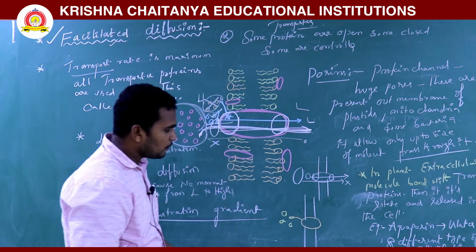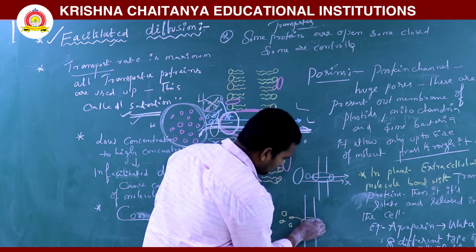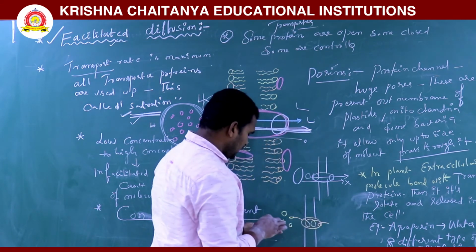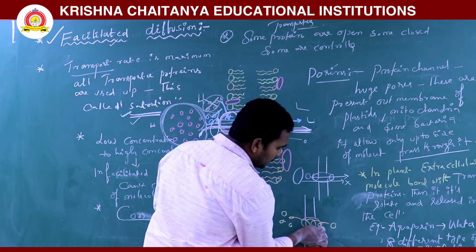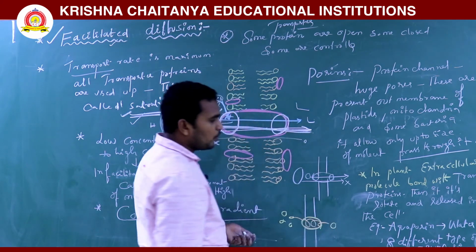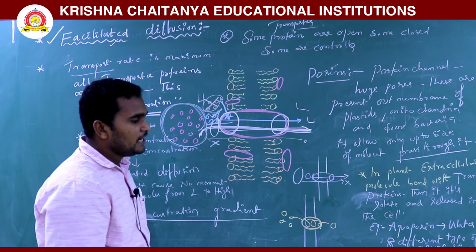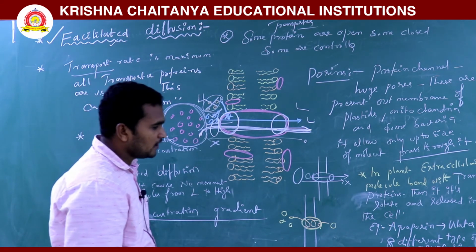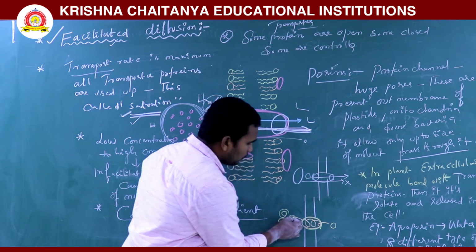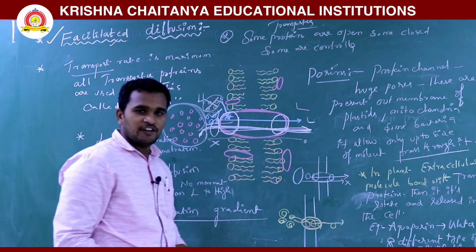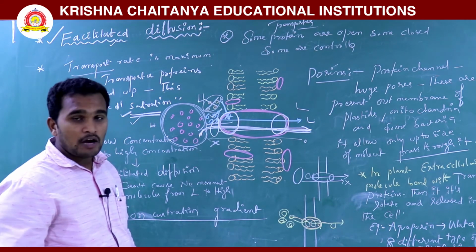The molecule attached on the extracellular side is rotated, and finally it is released to the inner side of the cells. Okay, an example is aquaporins, meaning water channels. How many are there? Eight different types of aquaporins are there. They also help in the transportation of water. Eight different types, not the same type, of water aquaporins.